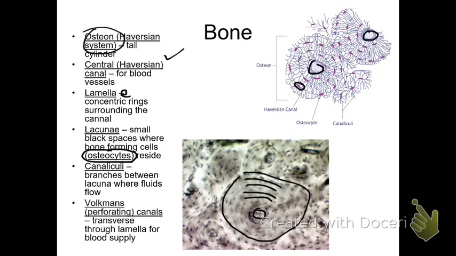Bone, as you know, is a hard tissue, very tough. And the cells living in bone still need oxygen and nutrients and hormone signals. So there has to be a way for these cells to communicate through this hard, bony tissue. There are little canals that branch between the lacunae. The first 5 letters tell you what it is: a little canal, canaliculi. Each one is called a